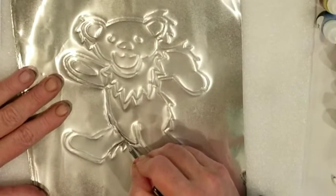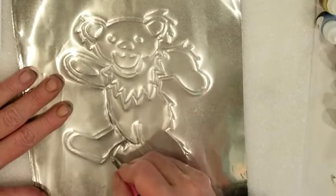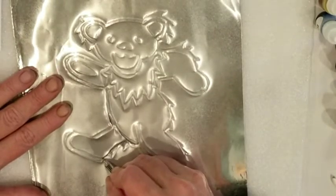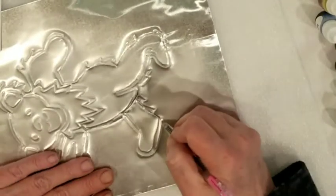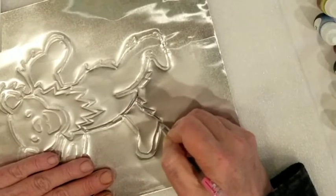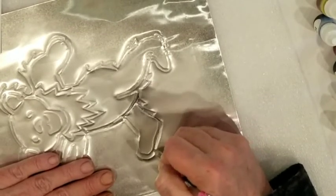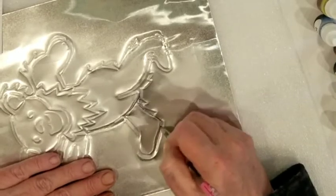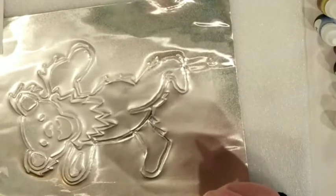So it's fine if the pen actually writes on this here, because this, like I said, is the back side, so we don't care about that. And again, same thing with this. You're going to turn your project rather than turning your arm or drawing in a different direction that's other than towards your body. So this is going to be the same thing for the bear as it is for the